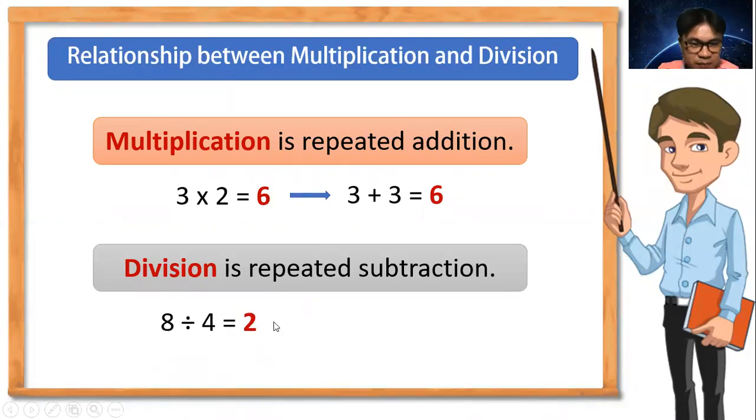So 8 divided by 4, let's apply what we have just learned a while ago. 8 minus 4 equals 4. 4 minus 4 equals 0. So the answer is 2. So these are the examples about division as repeated subtraction. So let's review the